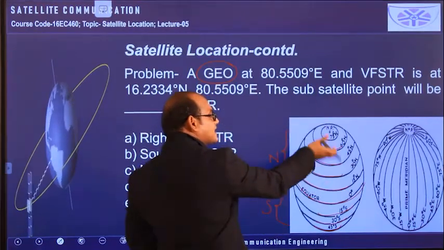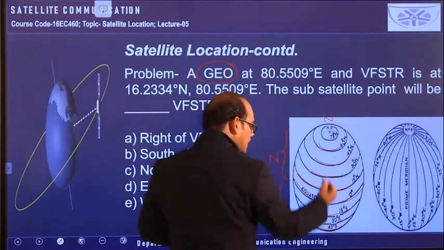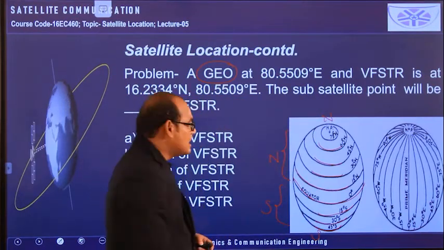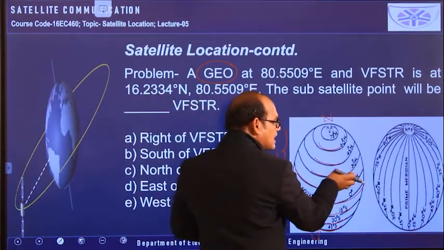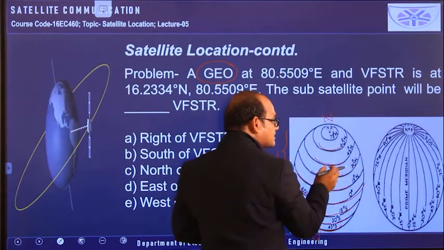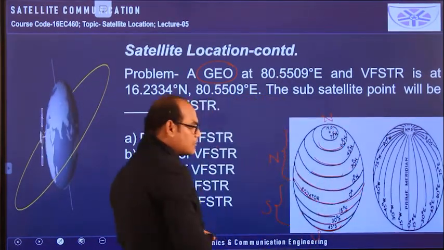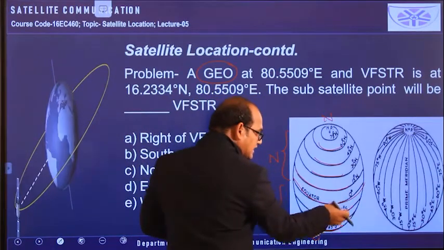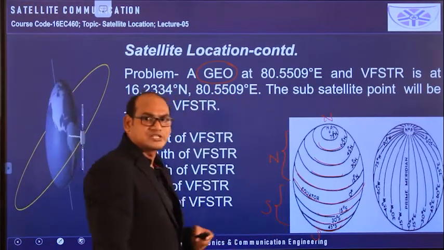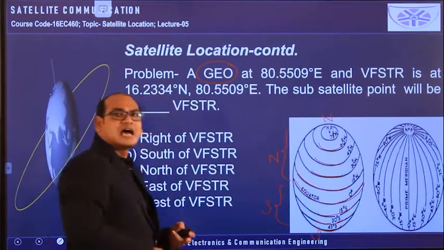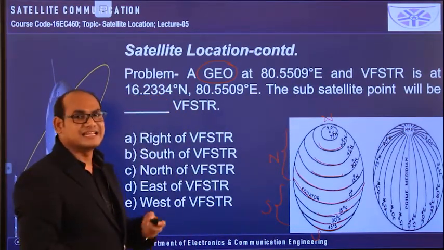In the northern hemisphere the north pole is available, and here the south pole is available. The latitudes are indicated, for example, 15 degrees north, 30 degrees north, 45 degrees north, up to 90 degrees north. And in the downside we can see 15 degrees south, 30 degrees south and up to 90 degrees south. In this way all these latitudes are imaginary horizontal lines on the earth surface.